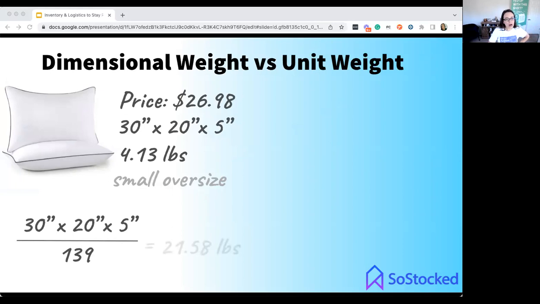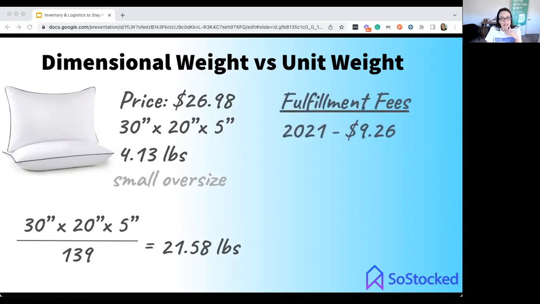30 by 20 by 5 divided by 139 is just over 21 pounds. That's going to become 22 pounds. So instead of being charged 5 pounds, you're being charged 22 pounds. Really significant. Fees for this product, and this is a real product that was pulled off of Amazon, last year were $9.26. It should have been $9.70 this year, but because of this new dimensional weight factor,